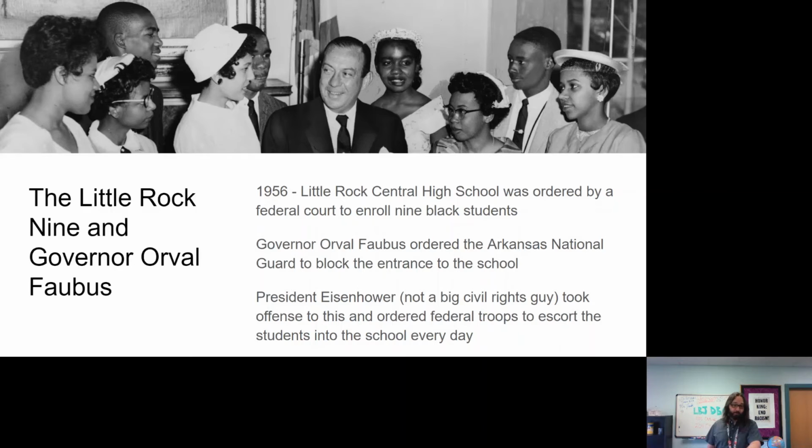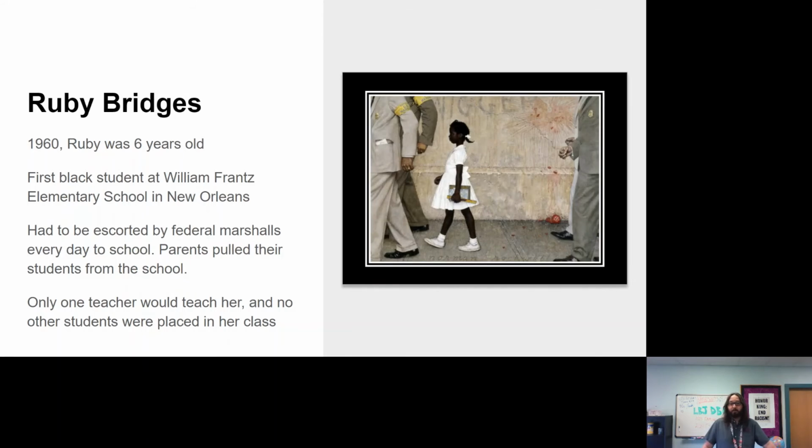I think we'll see some more pictures of the crowds that gathered out to keep these kids out. And it was the Little Rock 9, but I think one of them got suspended and expelled within the first week for not doing anything wrong. They just found an excuse to do it, and they were trying to get the rest of them during their time in school.